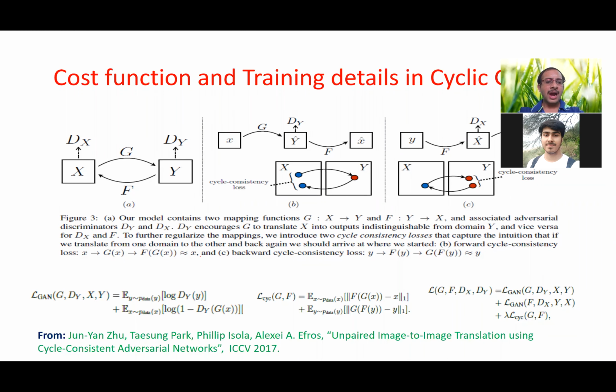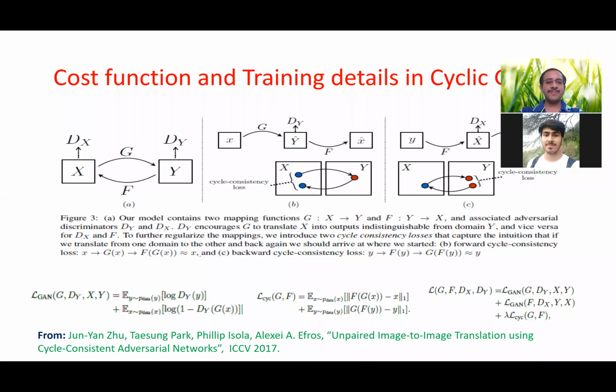Okay. And while training, as we discussed, since there are two GANs, these two GANs have two cost functions. One GAN is to generate zebra from horse and another is horse from zebra. Both of them have adversarial losses, and each generated image will be compared with the ground truth image. So conventionally there are two generators and discriminators. One is doing zebra to horse and another is doing horse to zebra.